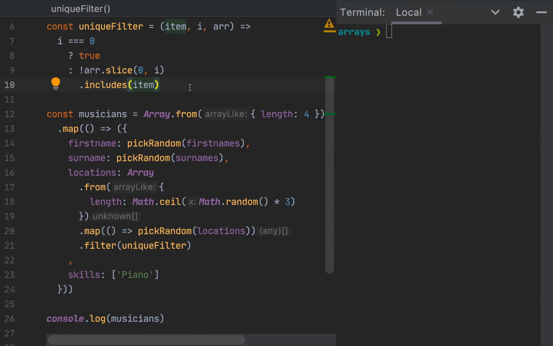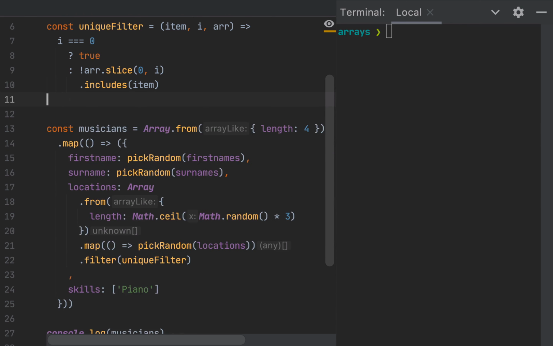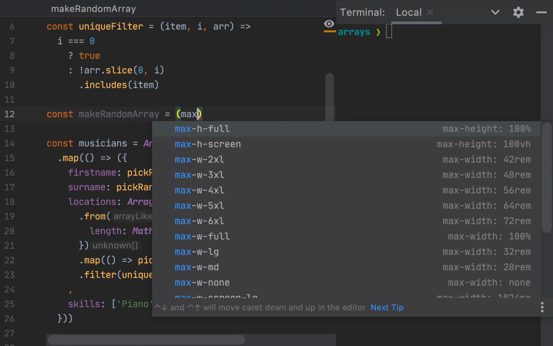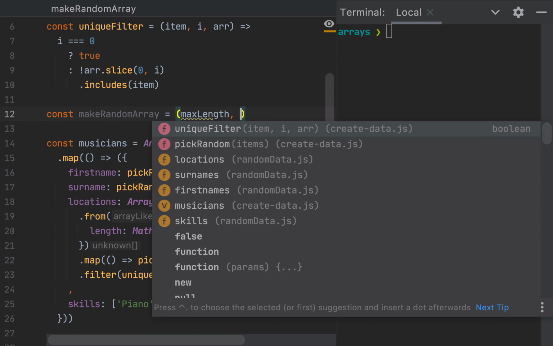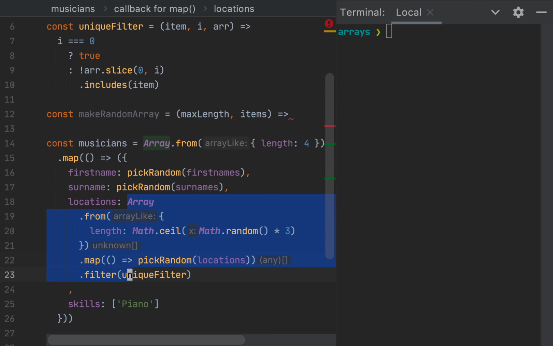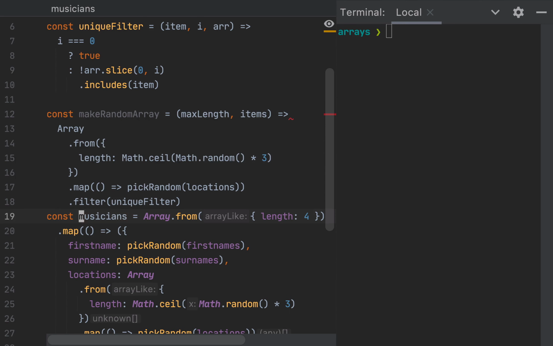Now that I've got the functionality for locations, I want to do a bit of tidy up, because skills is basically the same thing. So I want to create a utility function. I'll call it makeRandomArray, where I'll pass in the max length and the items to put inside. And then we'll take the functionality from locations